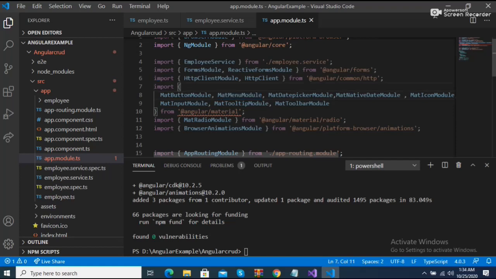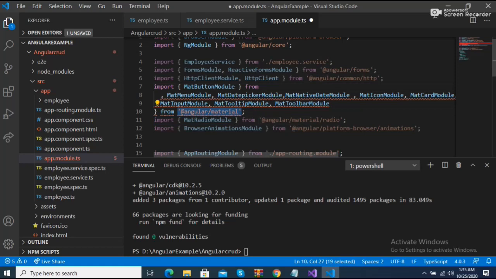So I just add the mat button, controls, flex, and so on. We need to add all these things like this, copy with Ctrl+C and paste it here.